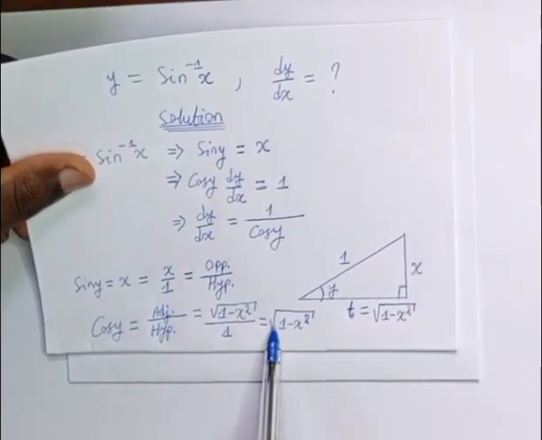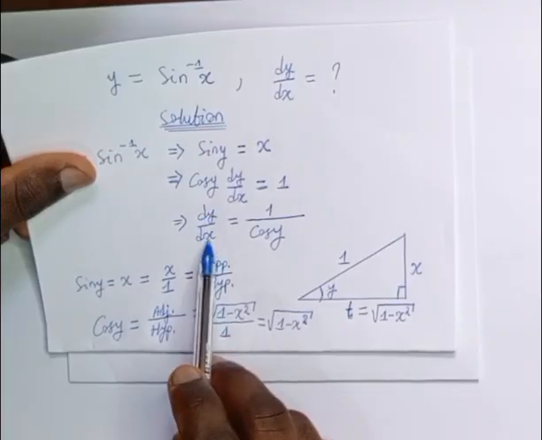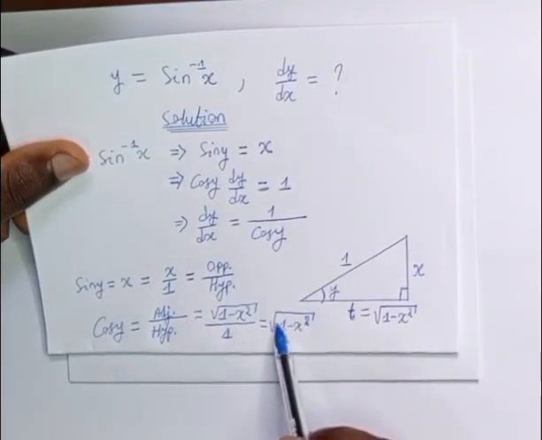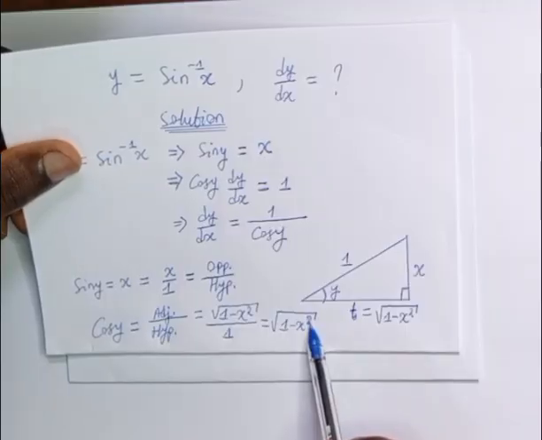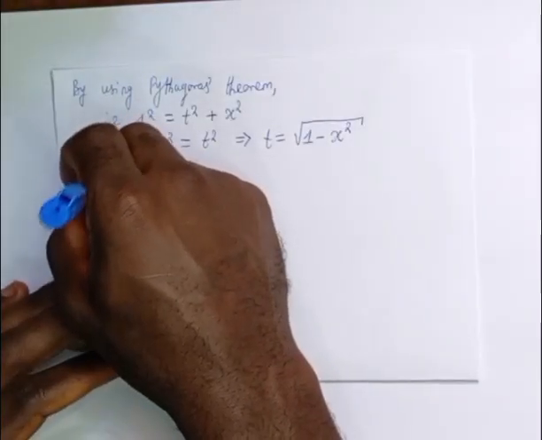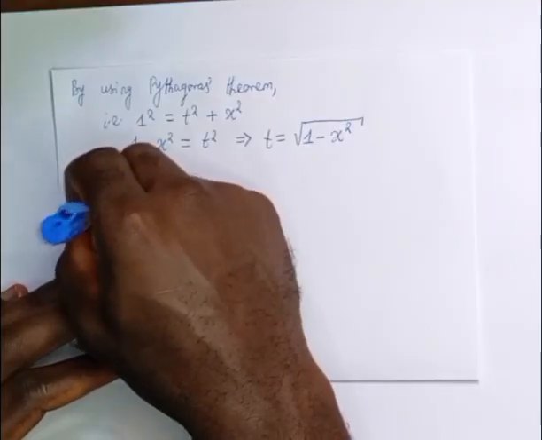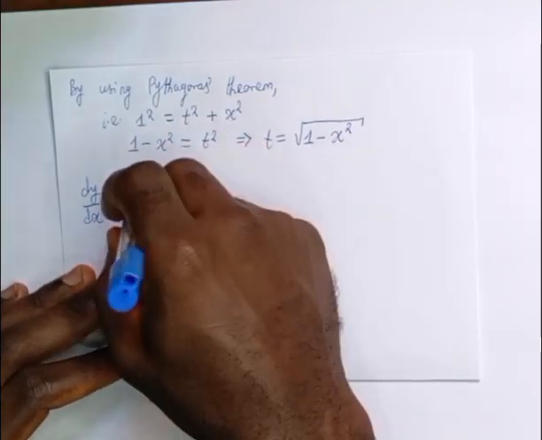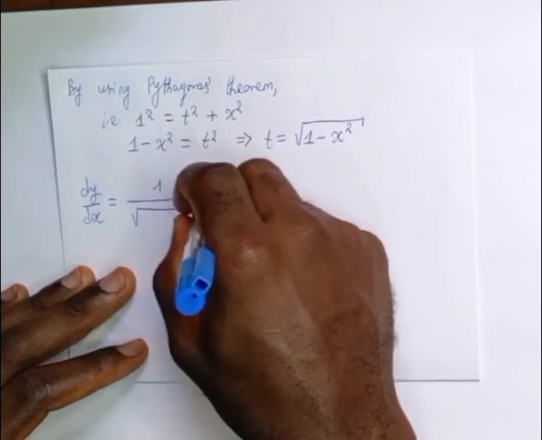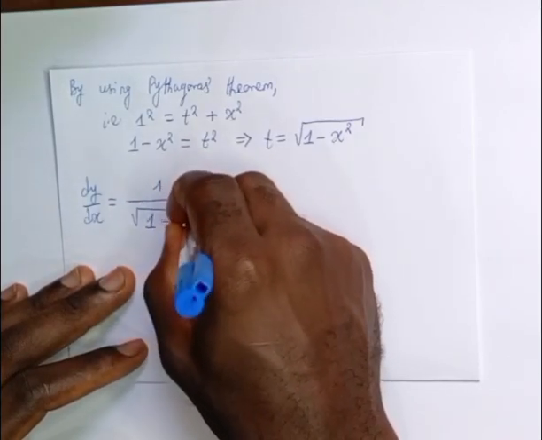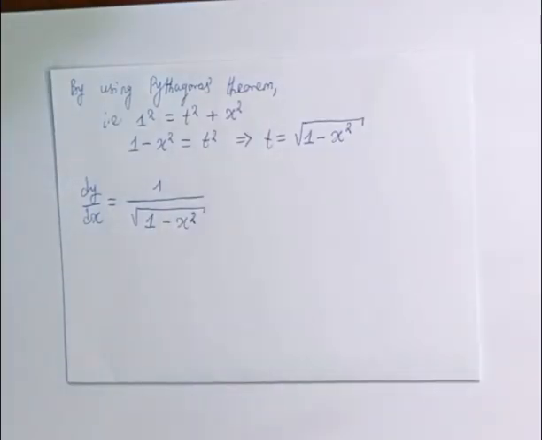Knowing cos y, dy on dx will simply be equal to 1 all over the square root of 1 minus x squared. This will give us dy over dx to be equal to 1 all over the square root of 1 minus x squared. Then we conclude,